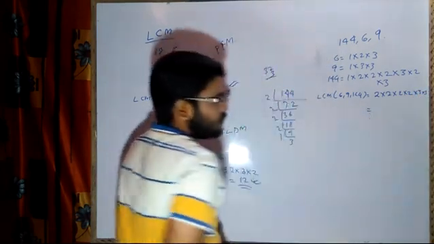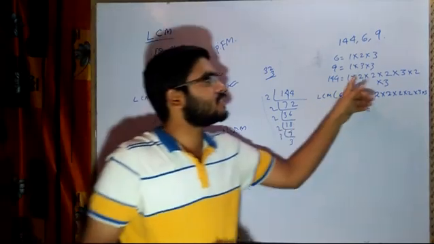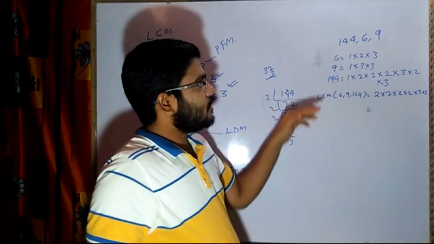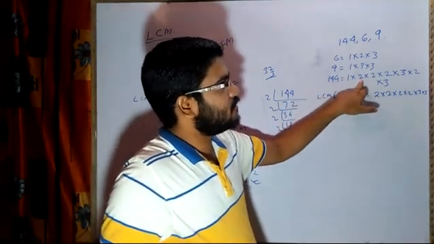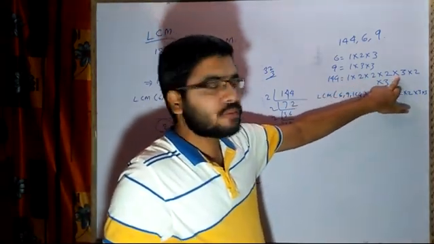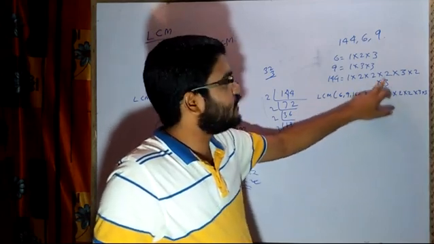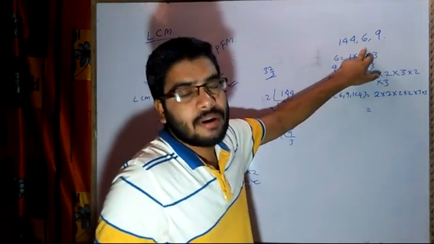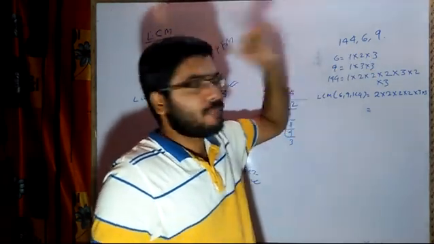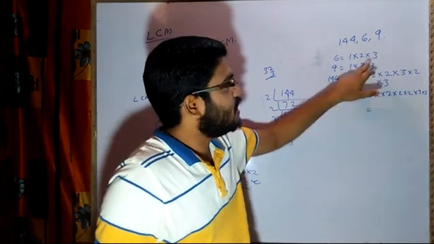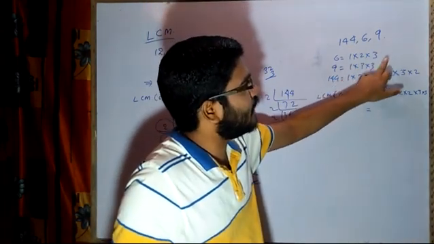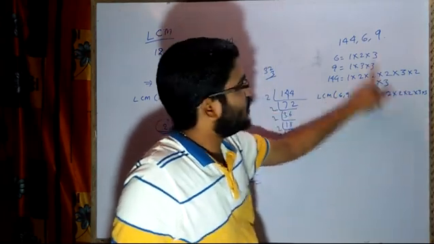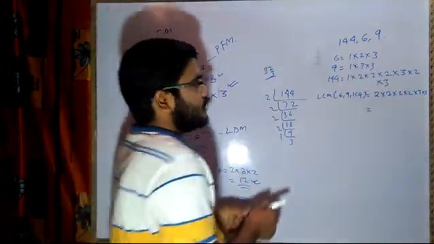That's all. We have to see the maximum repetition of any number. Suppose here we are having 2 how many times? 4 times. So I have to write 4 times. If it was 5 times, I have to write 5 times. If it was 7 times, then I have to write 7 times. Maximum repetition. Then 3 is written how many times? 1 time, 1 time. But here we are having 2 times. So maximum repetition is 2 times. 1 is already in all the numbers, so no need to write.